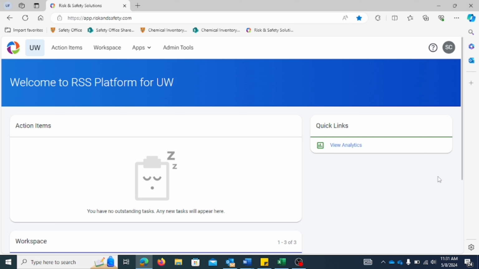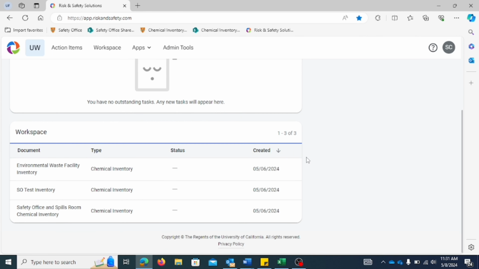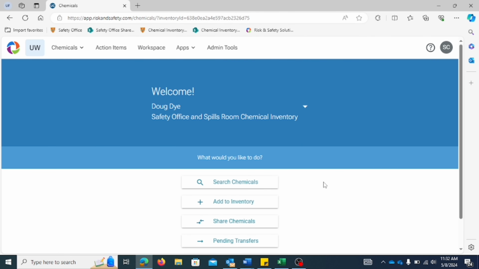Start by accessing the chemical inventory in which you wish to manage your sublocations. This can be done by selecting the inventory from the Workspace section of the home screen. If you cannot see your inventory, contact your principal investigator to get access to their inventory. Once inside, select Inventory Summary